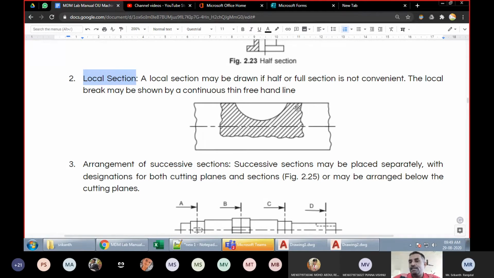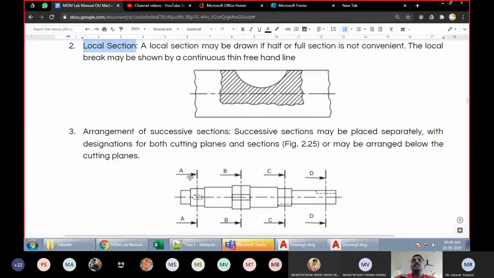It will be hidden inside. But we just want to ensure that this is visible, which is given more preference. It appears more clearly in our drawing. Hence, what we have done is we have broken the section over here. You can see some zigzag line over here. Up to this zigzag line, we have broken and we are showing the insides of it. Okay. So this is the groove present inside the shaft.